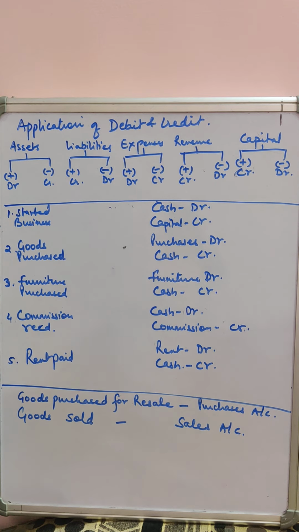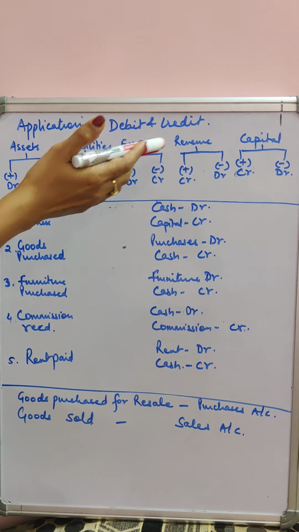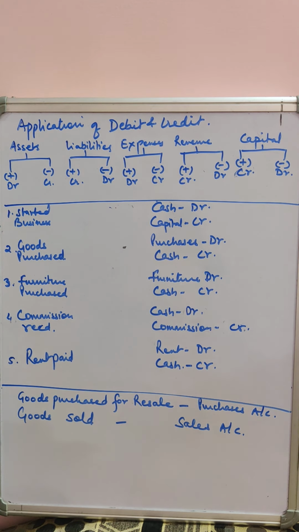With every transaction you have to identify the nature of the account we have, whether an asset or a liability or revenue or expenses, whatsoever it is. So let us take up only 5 transactions today. Later on I will tell you how to do the journal entry, but right now we have to identify which asset is to be increased or which liability is to be increased or decreased.